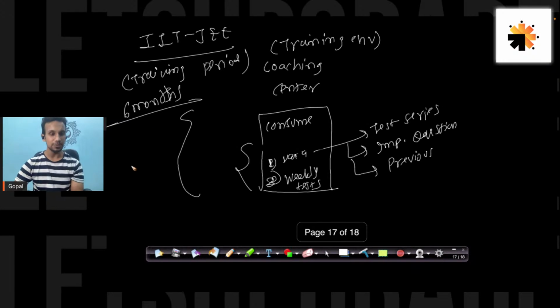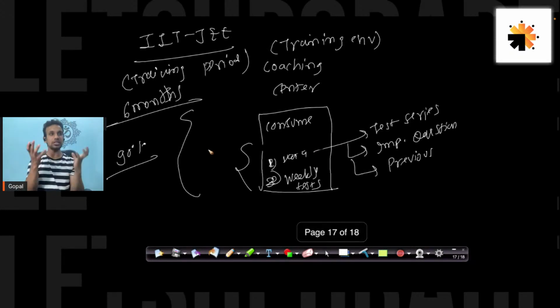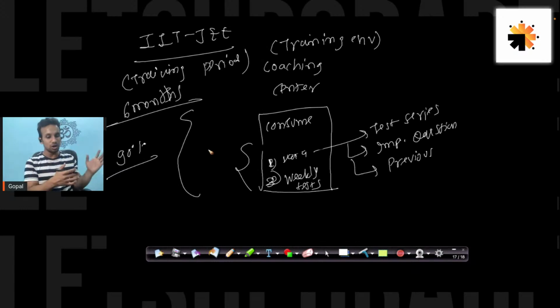Let's say for six straight months you get 90% on average in each exam. And then on the test questions after the coaching center, you get, let's say, 87%. So what exactly does it prove? Whatever material you consumed at your coaching center, you did well on your main exam.